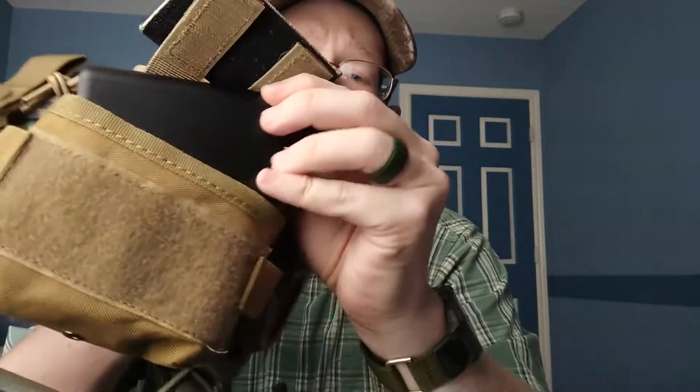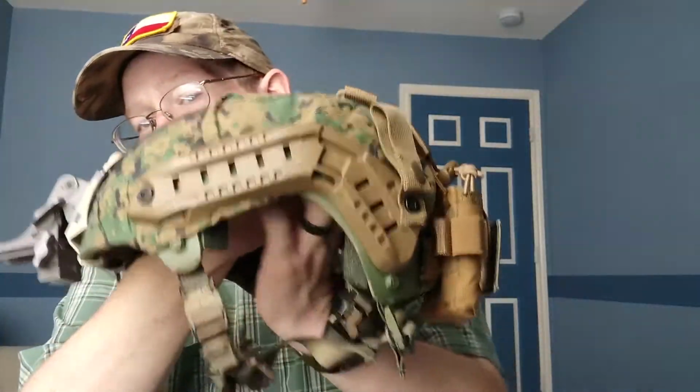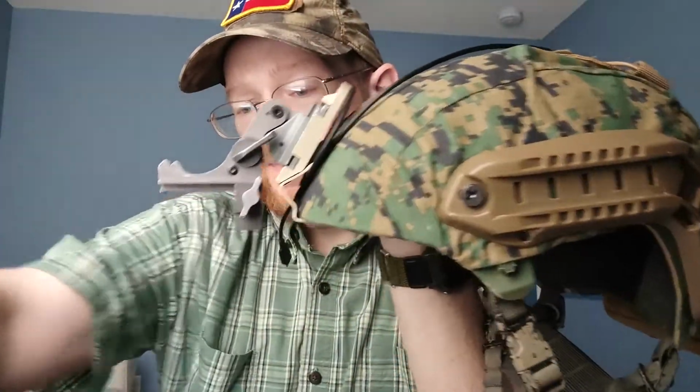Next thing you're going to want for accessories is an external battery. So what I ended up going with is an Anker 10,000 milliamp battery. That's external to the camera. I'll lift this up a little bit so you can see. And you also want to have a pouch so the battery will be hanging off the back of your head. Once you have this all assembled on a helmet,